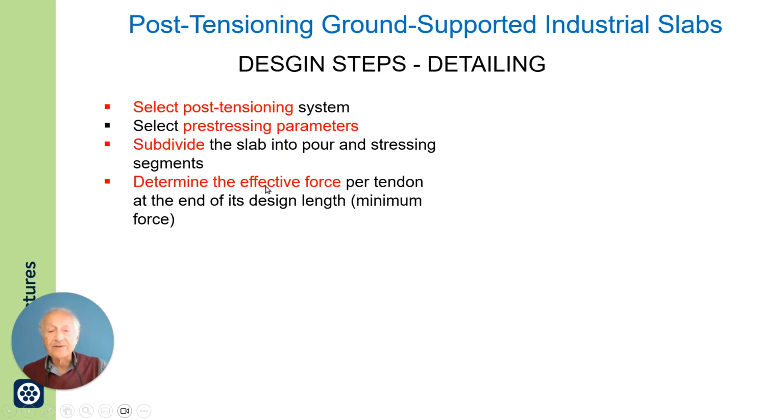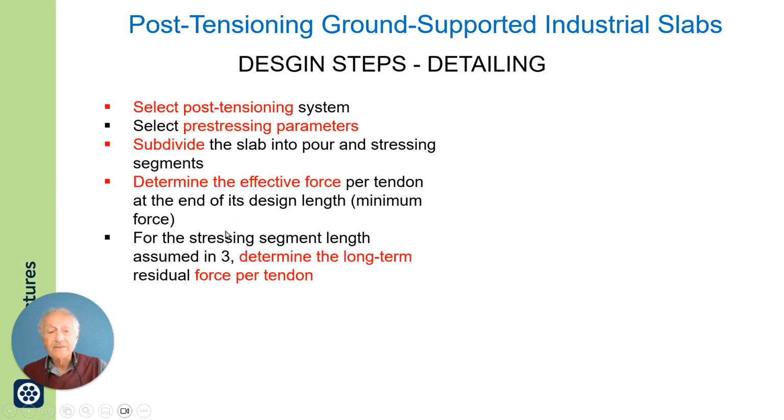Now, after you subdivide the slab into segments and you have already decided on your pre-stressing, then you can calculate how much is the effective force at the far end of the tendon, because that is where you will do your design. For the stressing segment length,